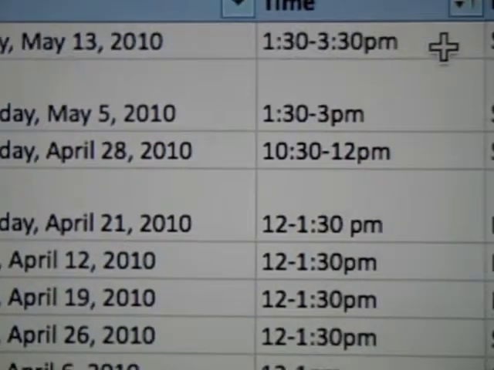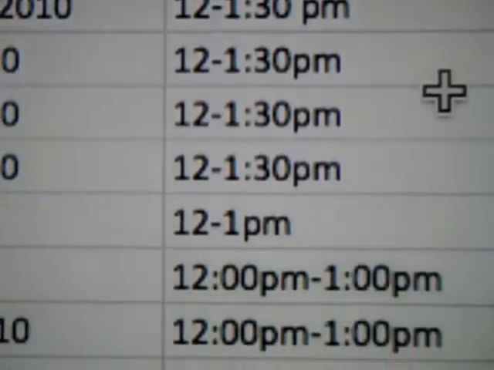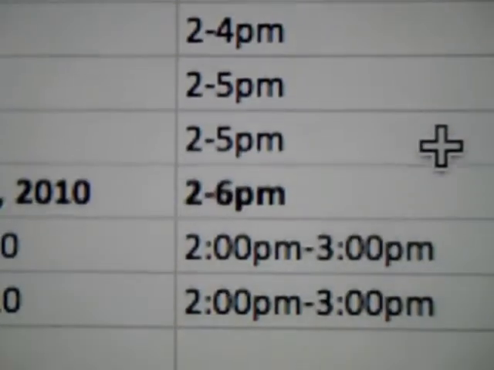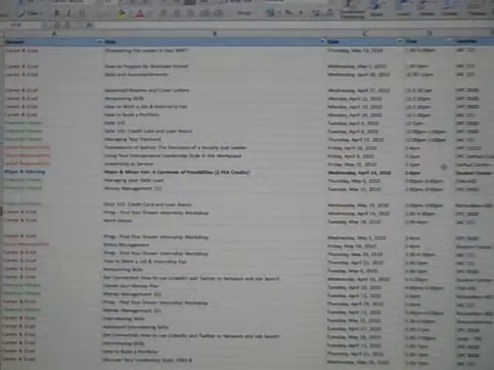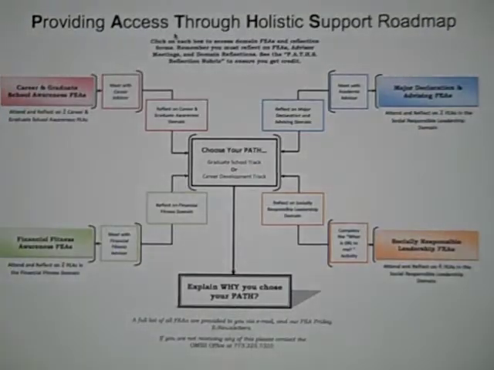And so you can see all the workshops at 1:30, 12:30, between 2 and 5. So this database is really helpful for you to figure out what FEAs you want to go to. And the roadmap is your visual guide to help you